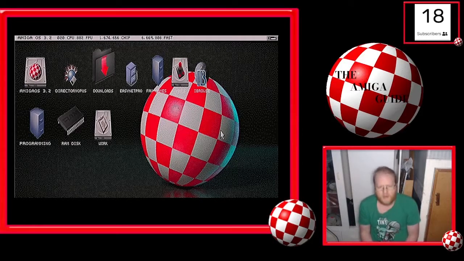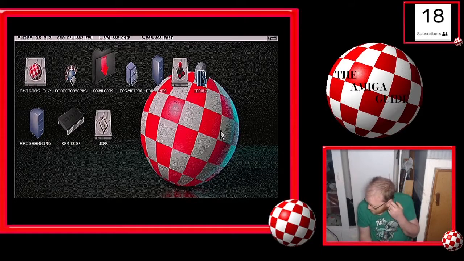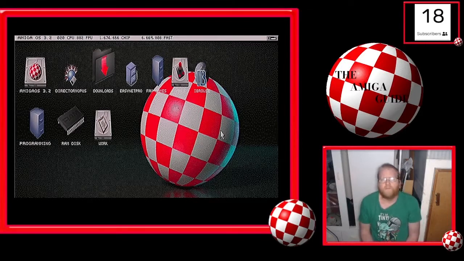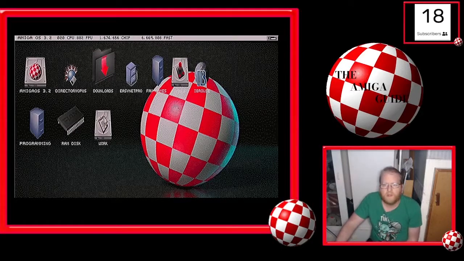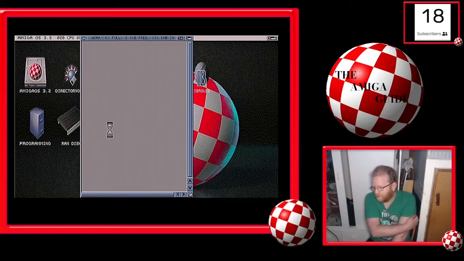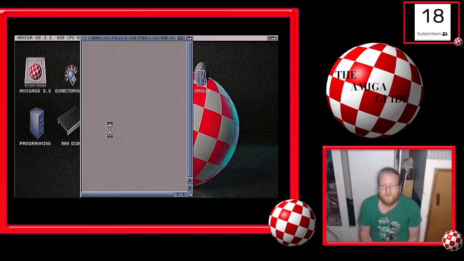So today I will be updating my AmigaOS 3.2 to AmigaOS 3.2.1, which is the latest update from Hyperion, which was released last week. I downloaded it as an LHA. I've actually already extracted it because it took a while, because there's a load of ADF images on there and whatnot. So if I go into my work folder,